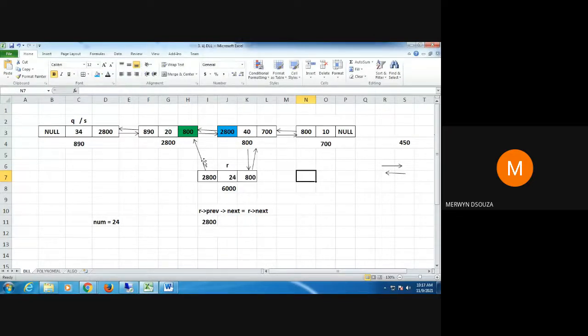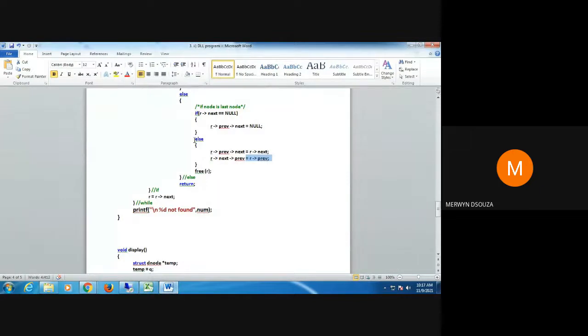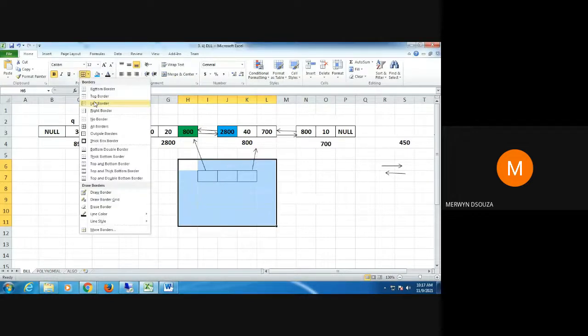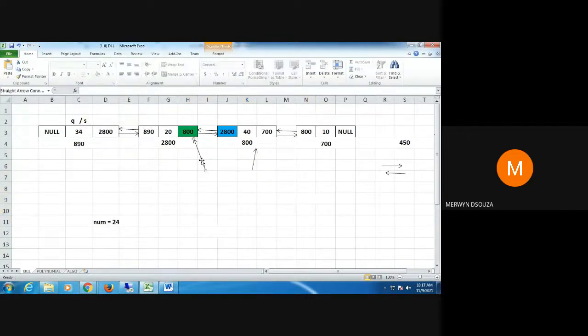So once I've got that, as you can see, this pointer will no longer be here. Currently it will be pointing like this, but that also will stop the moment I exit this else and I say free R. When I say free R, that means this node pointed by R will be deleted. So this is how your delete function works.